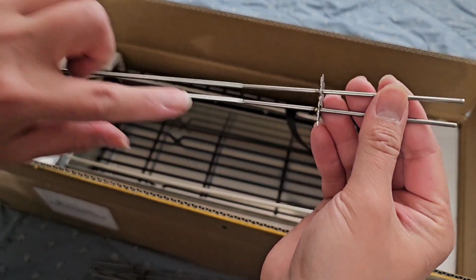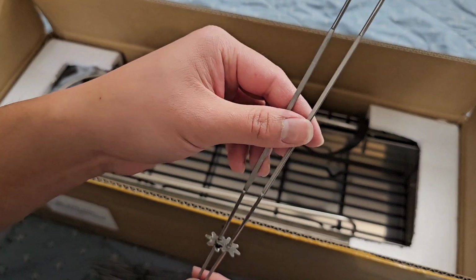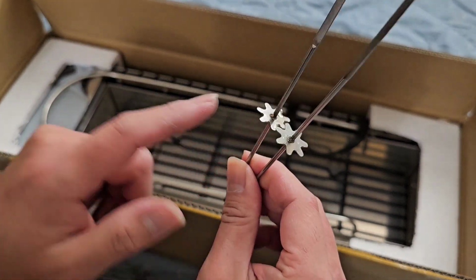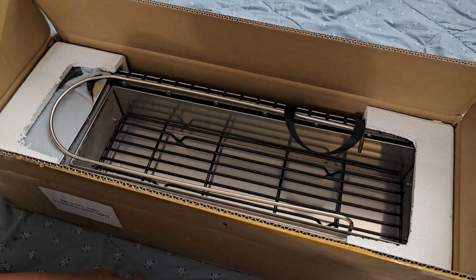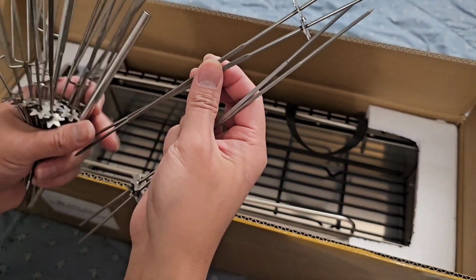Alright, they got these skewers. You can see it has these flat lines here, so that way the meat can actually spin around on it. And then it has these little gears here for spinning. Problem is they have different kinds, so they got, let me see, 1, 2, 3, 4,